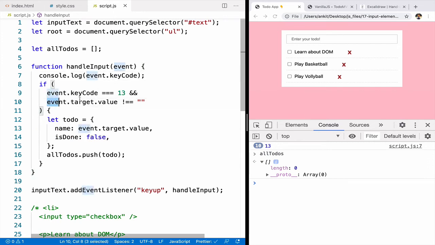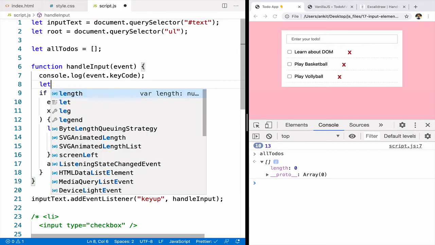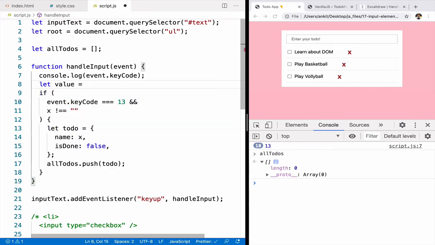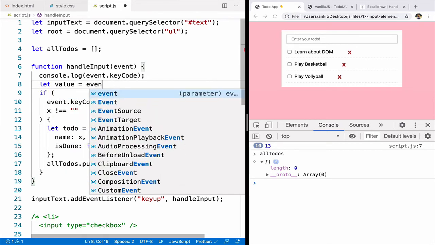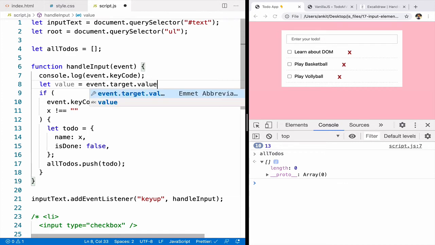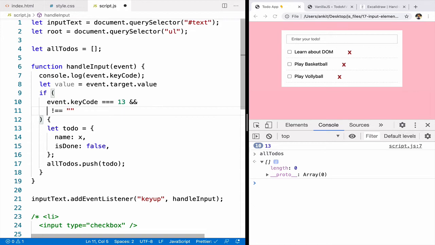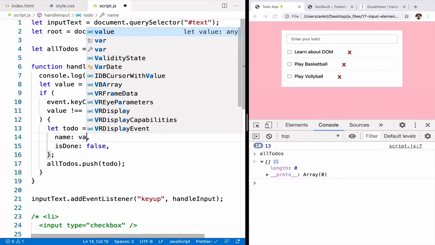So we are using this variable 2 times. Let's define it outside. Let value is equal to event.target.value, and here instead of saying that, we can just say value and we can use it multiple times.